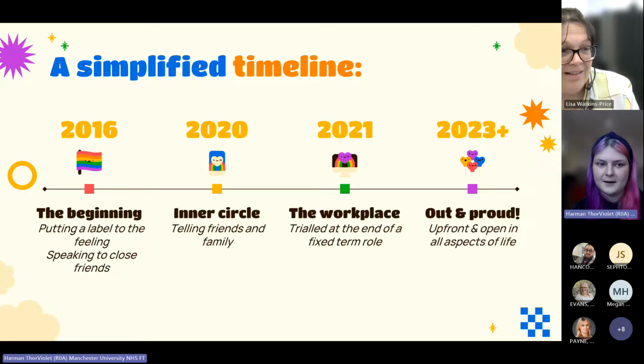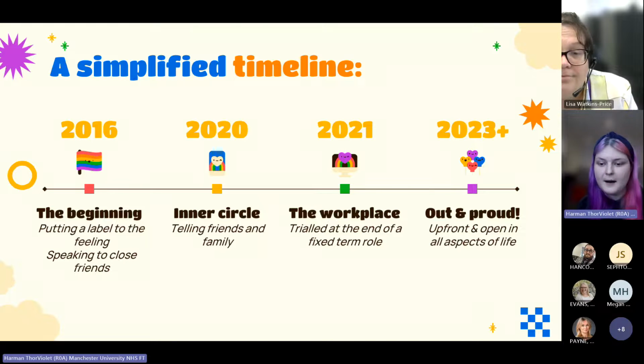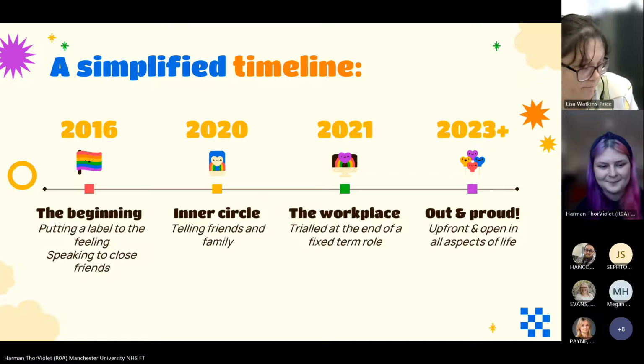So as you can see from this timeline, it's been a long journey and it's still continuing. Still figuring it all out. It takes a long time. As well, at this point, I'd like to make the point that I'm so much more than being non-binary. It can sometimes be reductive, linking back to that feeling one-dimensional point that I made. It's a poor descriptor for me as a whole, but it does describe a big part of me, if that makes sense.